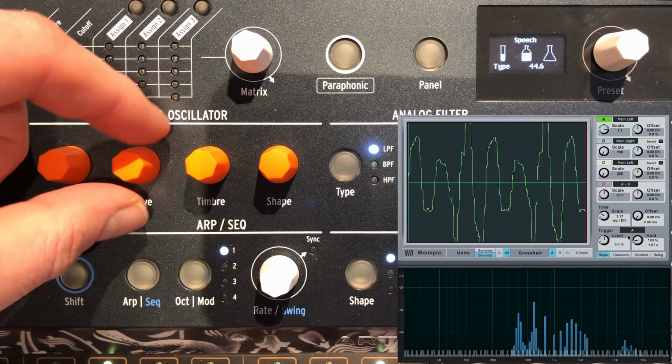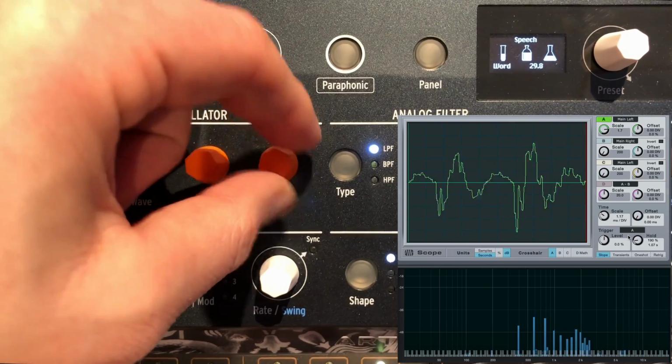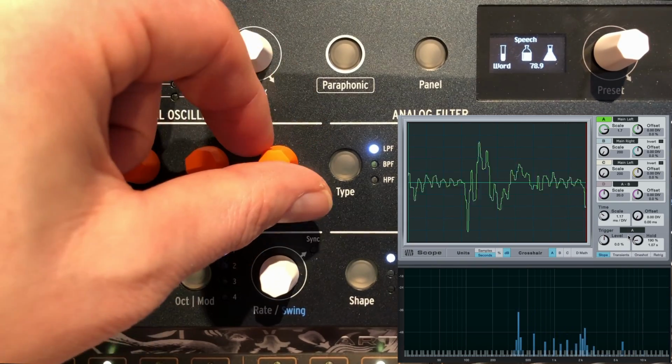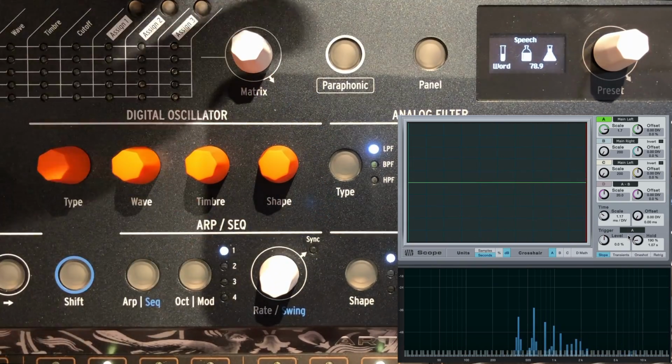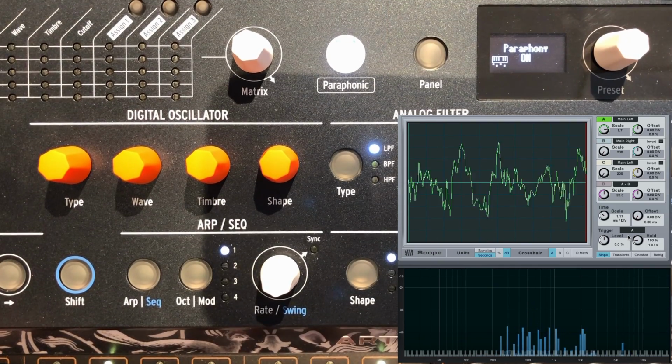Red, then you get into colors. Red, orange, yellow, green, blue, indigo. Now if you press paraphonic, indigo,